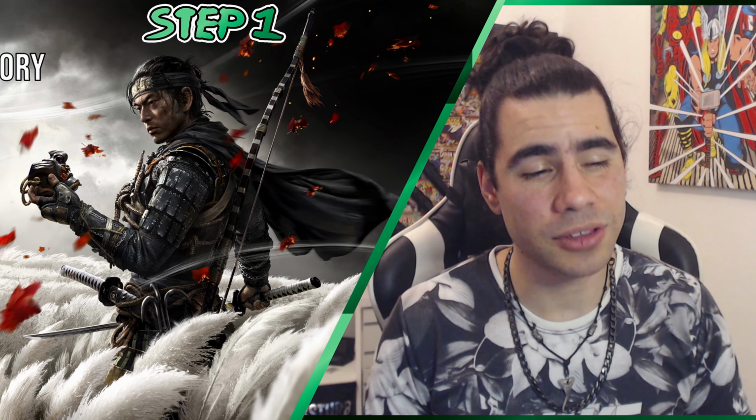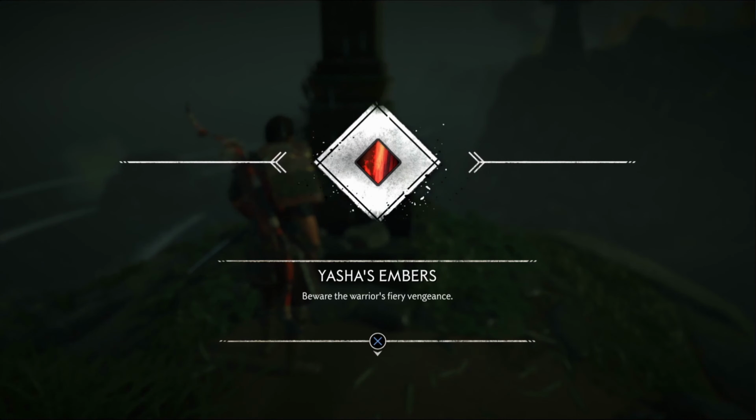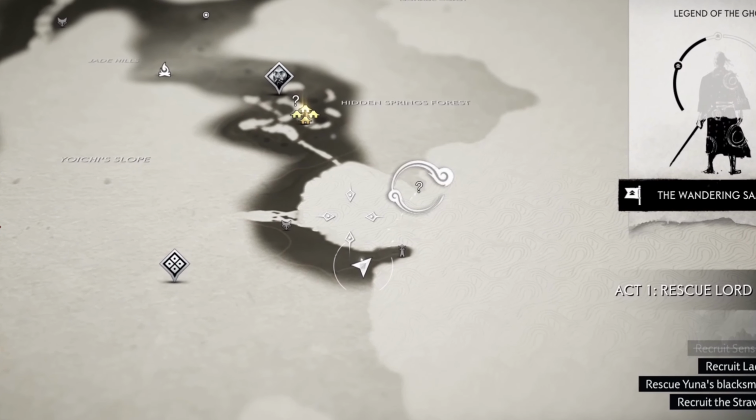Alright, I'm gonna be completely honest. I actually got this by accident. I just started playing and I don't know what I was doing and it just popped. Basically, all you have to do is activate photo mode and then choose a personalization. That's it. For this one, you just need to find a Pillar of Honor and collect its sword kit. These are scattered all over the world and you will eventually unlock it by going to the question marks on